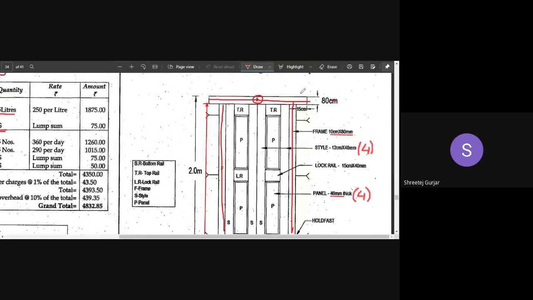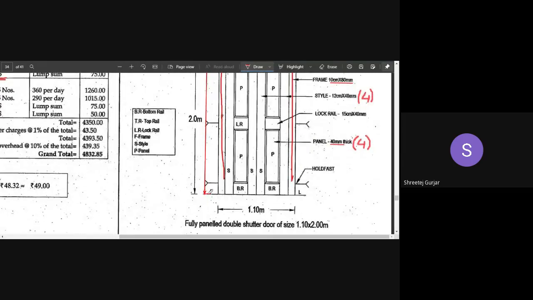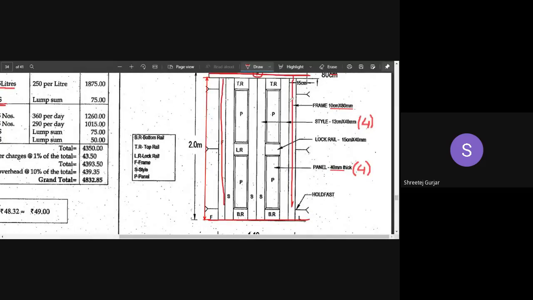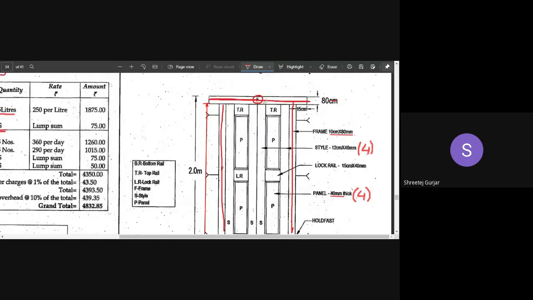Your door frame comprises the horn, which is this part over here. This part is called your horn. Then this bottom part is the sill of the door. That part comes under the frame, and these vertical members which you see are called posts. All these things make up your door frame, which is usually fixed in the wall. This part you can see is going into your wall. This part is extended and it goes into your wall.